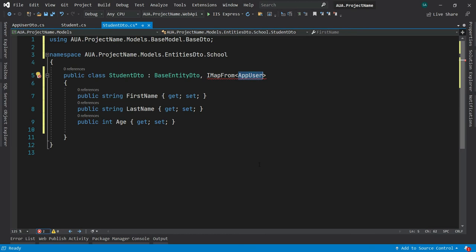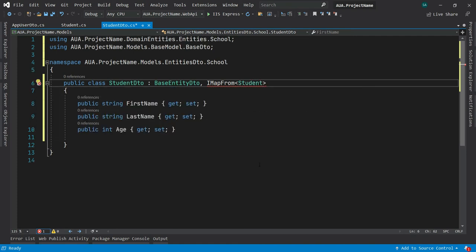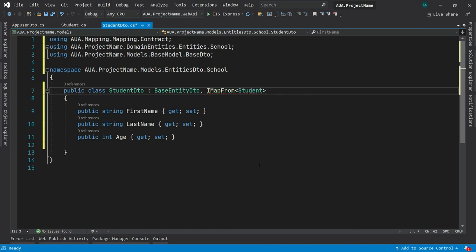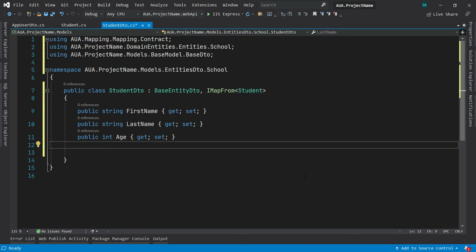And I need to just put here the student. And its usings. You have easily mapped from student to student DTO. Now we can add more fields. For example,